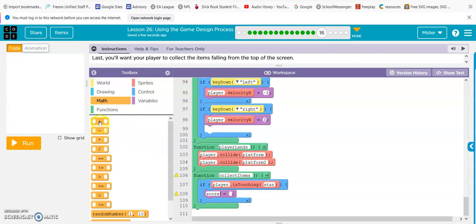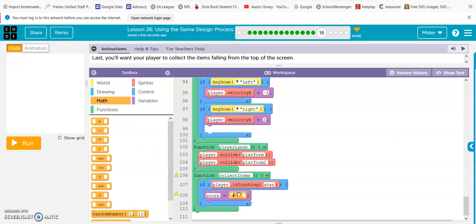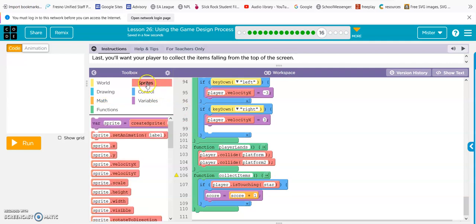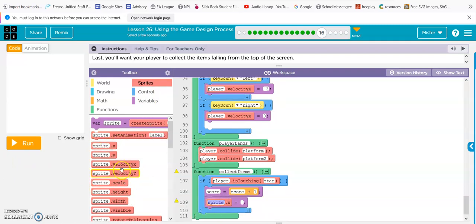So math, score plus 1. And then we want the star to reset. So sprites, X position, Y position,